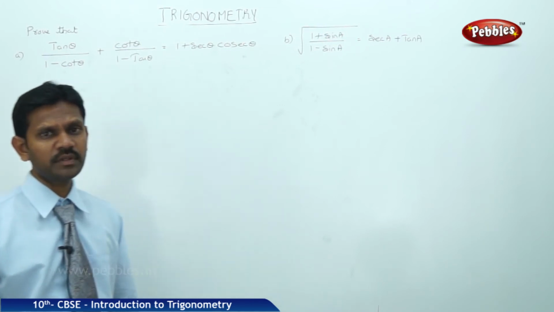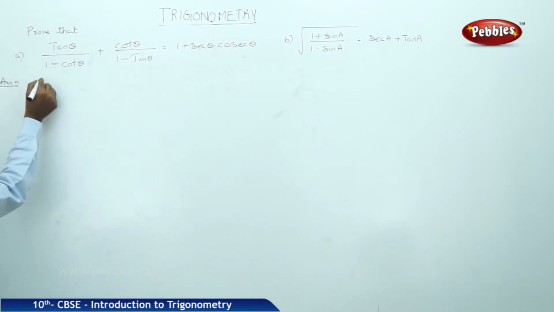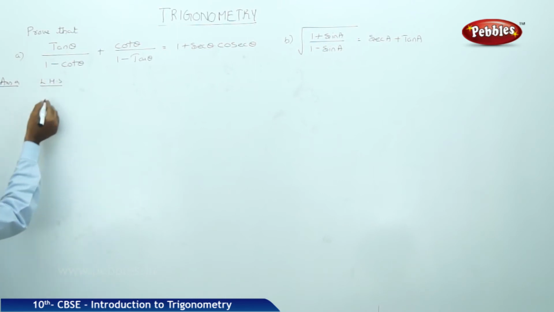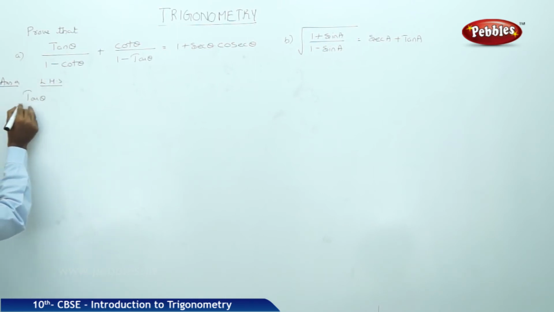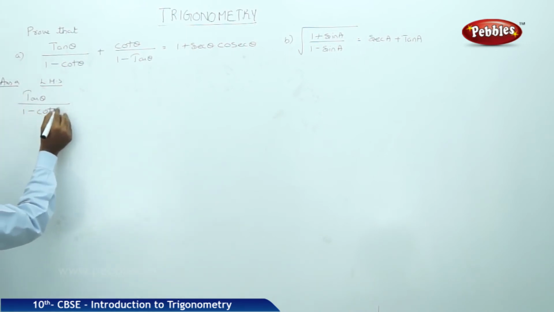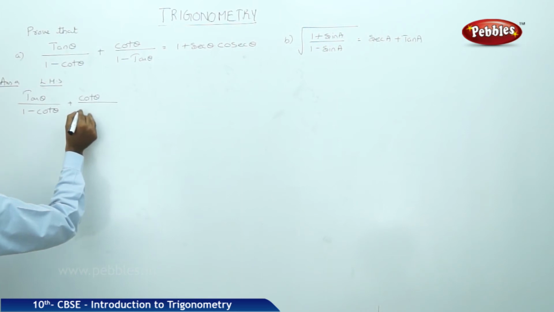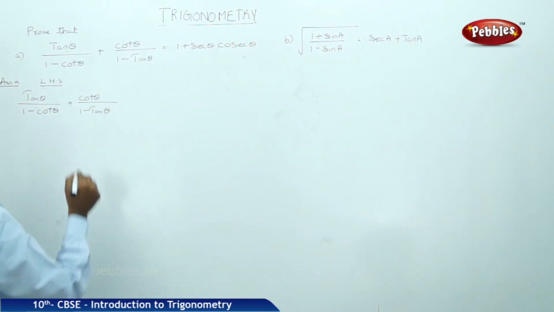Let us follow the next examples. Prove that tan theta by 1 minus cot theta plus cot theta by 1 minus tan theta equal to 1 plus secant theta into cosec theta. Now let us say LHS, tan theta by 1 minus cot theta plus cot theta by 1 minus tan theta,